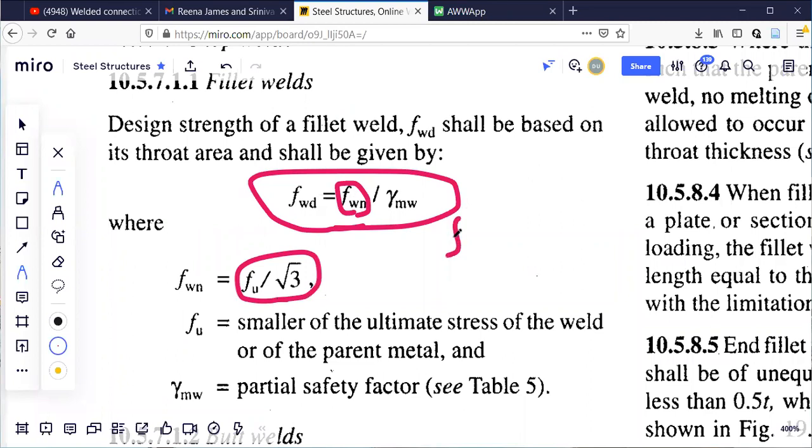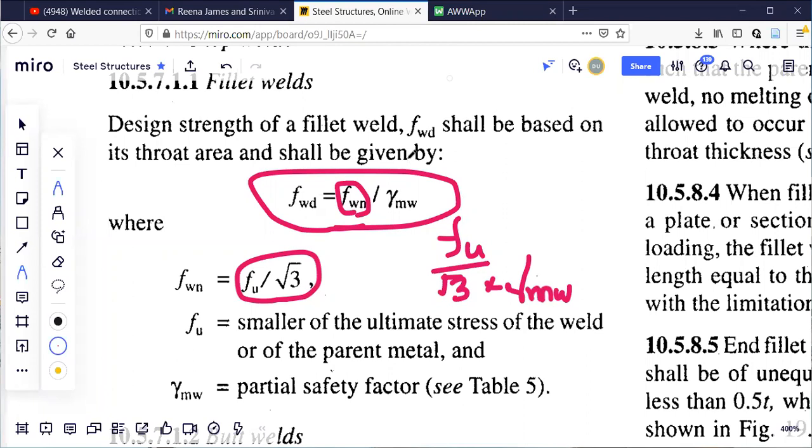What will happen? Fu divided by root 3, and gamma MW is there. I'll write it this side, into gamma weld, the partial safety factor for weld M. So the same formula I have made easier here.